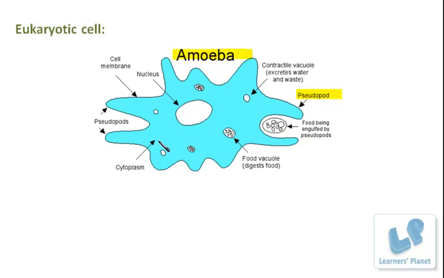So here we can say there is a presence of plasma membrane definitely. Then there is a presence of a nucleus, a well developed nucleus present here in the center, which has the chromosomes inside. Then another important thing present is the cytoplasm, which is scattered inside the plasma membrane. Now besides this, the other important things that are present are the vacuoles. These vacuoles could be contractile vacuoles or food vacuoles. A food vacuole helps in digesting the food material. The other type helps in the excretion of water or the waste material, and those types of vacuoles are known as the contractile vacuoles.